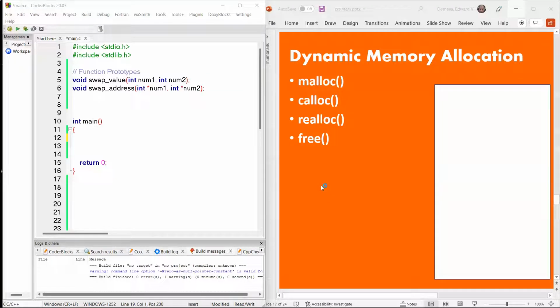For this tutorial, I want to cover how important pointers are when it comes to dynamic memory allocation. In the C language, one major advantage of a pointer is that it allows you to have direct control of how you can access memory. And this is really powerful when it comes to building complex data structures or when trying to save space when